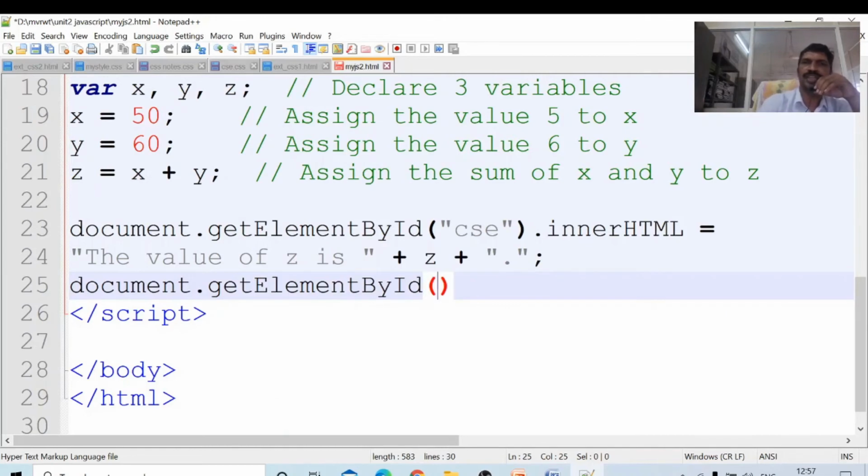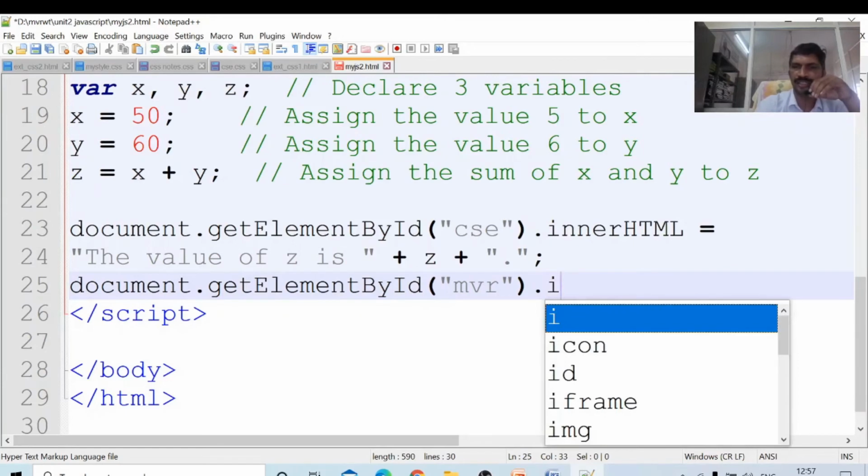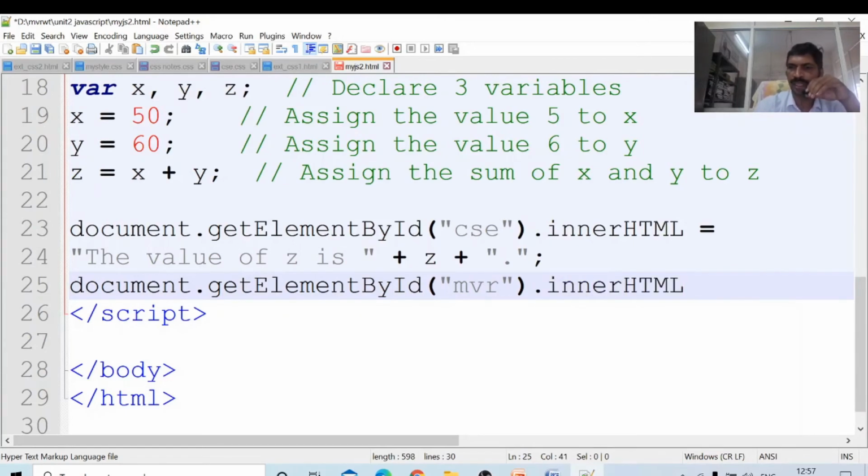I will create another ID. What is the name of the other ID? MVR. Dot innerHTML. InnerHTML means I am setting the HTML.